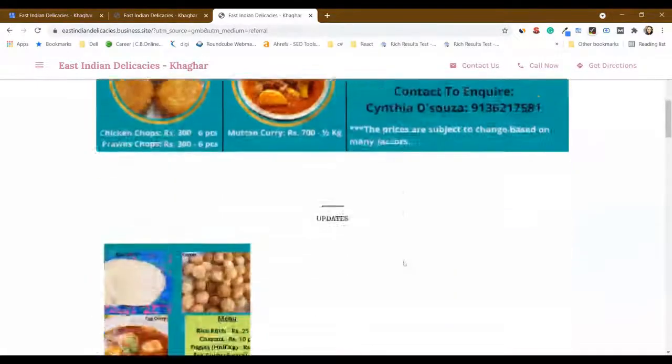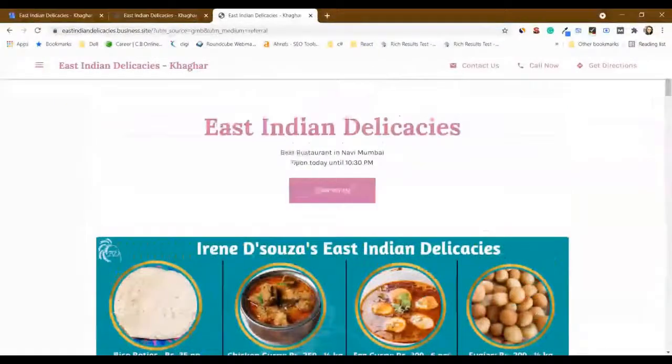Alright, so this is how easy it is to create a Google My Business website. Well, it does not end here. The website has 3 amazing features. The website is a responsive website, which means it will adjust the text, videos and images as per the screen size automatically. The website gets updated automatically. When you update your Google My Business account, your website automatically updates with your new information so that your details are always up to date.